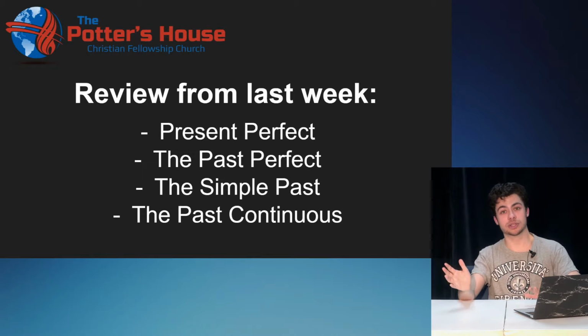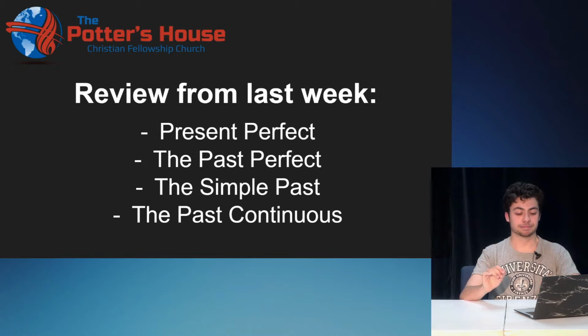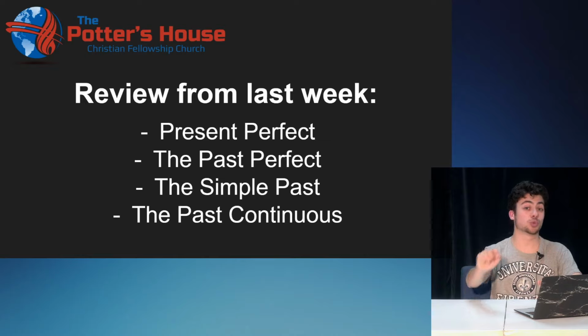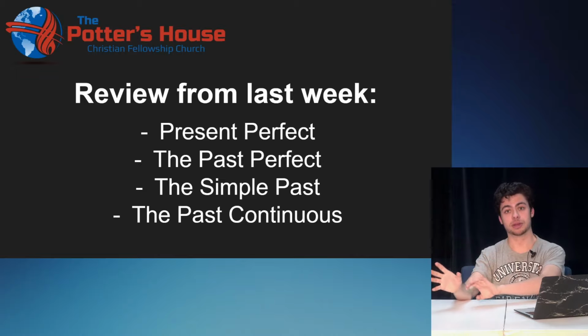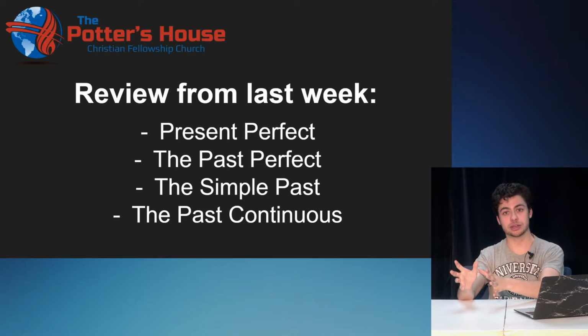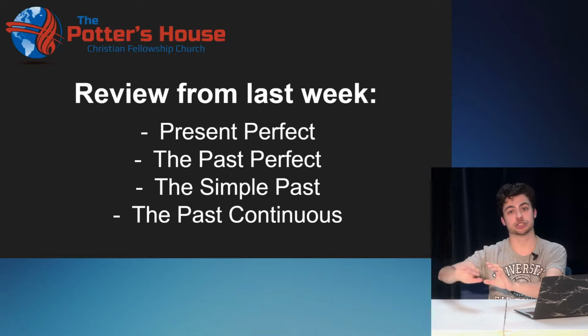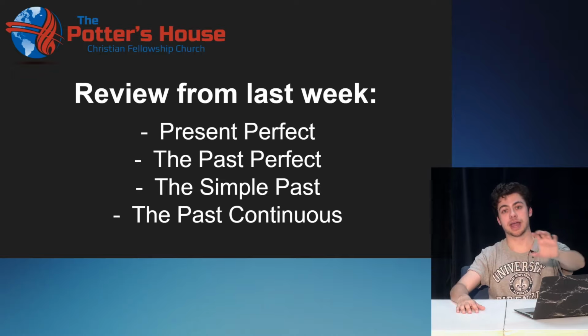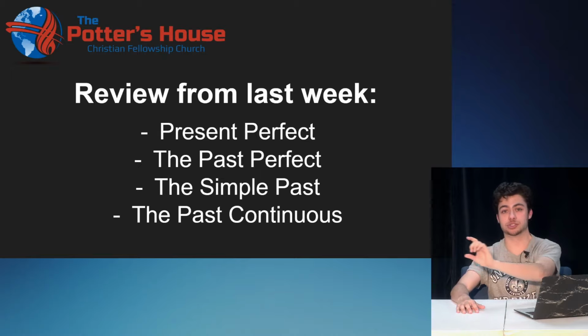The past continuous is, if you remember the present continuous, we looked at this 3 weeks ago. This is when you have the helping verb, to be, right, plus the gerund verb. An example, you could say, I am drinking water. Drinking comes from the word to drink, and now it's the gerund, so it's a continuous action, right? I am drinking. Now let's put that in the past. The past continuous is going to be, if you use that same thing, I was drinking.